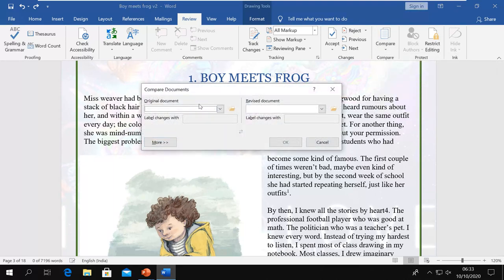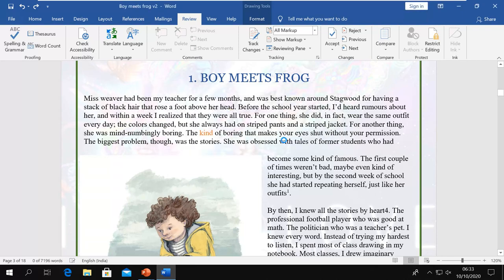Now it says which is your original document. So you can go for the drop down if your document is in this list. So my document is there, original, and you can go for browse also, and then you can see the revised. If it is in the list, then you can select it, otherwise you can go for browse. So when you select the revised document, it shows who has done this also. So okay, I said this.